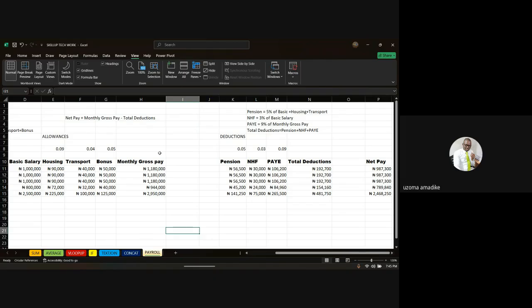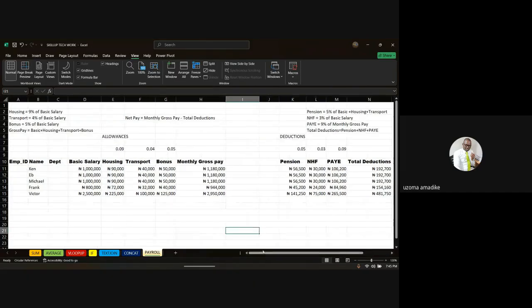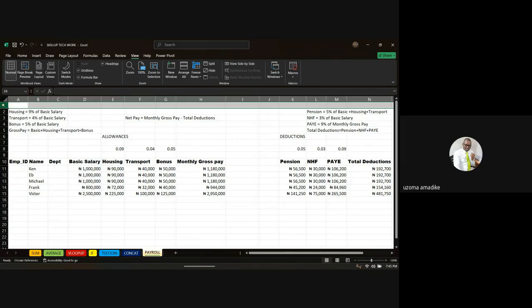Now let's assume you're done with your salary rule. You are working in the finance department and you're the one in charge of preparing salary. And after doing that, you are not going to show the staff all these background details. They will never know. What you need to do is highlight from cell 1 to, if you like, you can leave it to allowance and deduction. If you like, you can take them off, or let's leave the allowance and deduction. When you highlight it, you right click here,